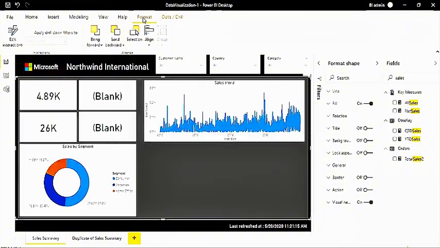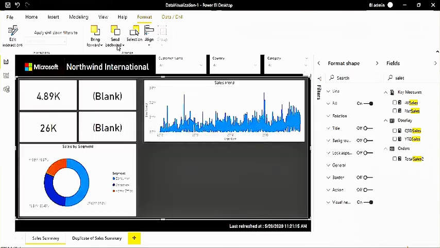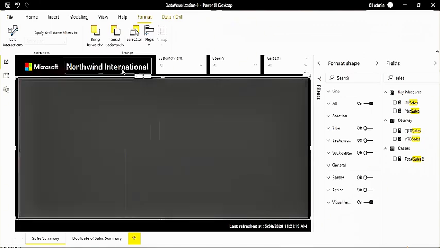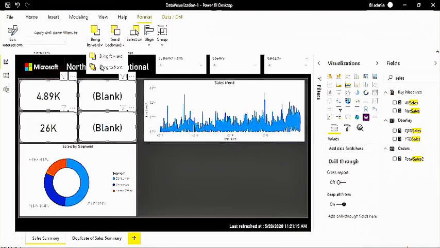Under format, you see some bring forward and send backward functionality, right? So you have to decide which visual you want to bring forward or which one you want to send to the back. Okay, so let's say this rectangle I want to send to back. So you select that and just click on send to back, right? So now it has been sent to back, but these visuals you want to bring to front, so you can select them and bring to front, right?